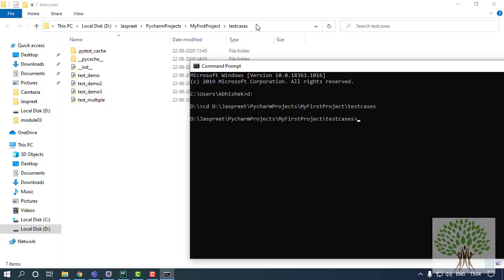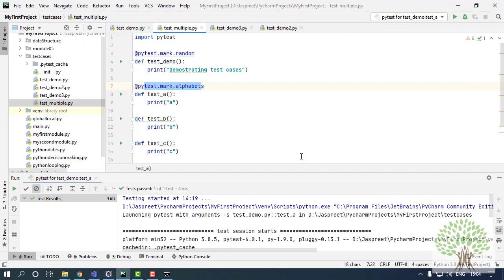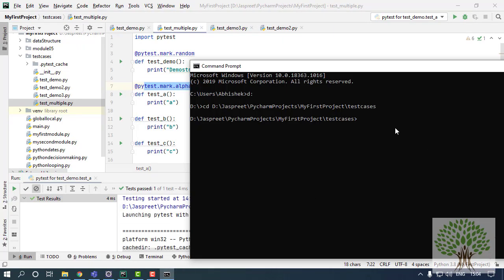To run the test cases in a group, I need to give the command: pytest, then -s to see the print statements, and then -m. This -m is going to specify that I'm going to run a particular group or not run a particular group.